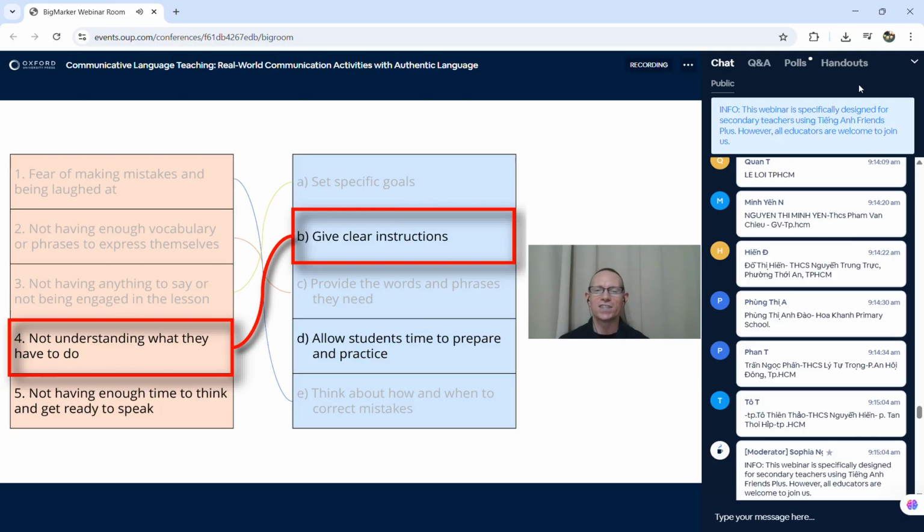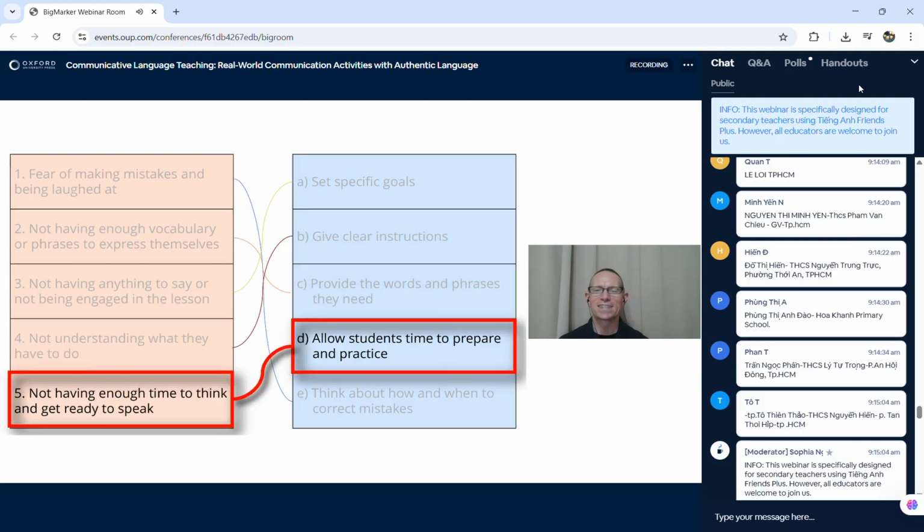Many of you chose D, and that is correct. We should allow students time to prepare and practice, perhaps by making some notes in their notebooks to organize their ideas before practicing with a partner and then speaking in front of a group or the entire class. So those are my 5 pieces of advice or areas to look at to support and encourage students to speak